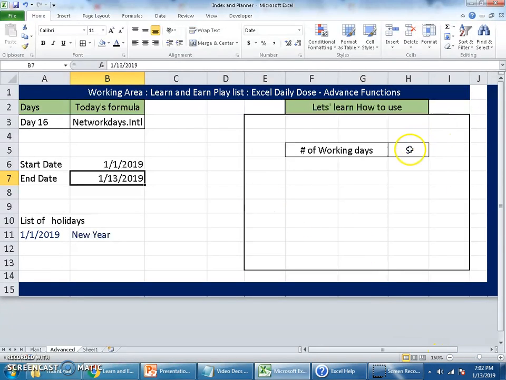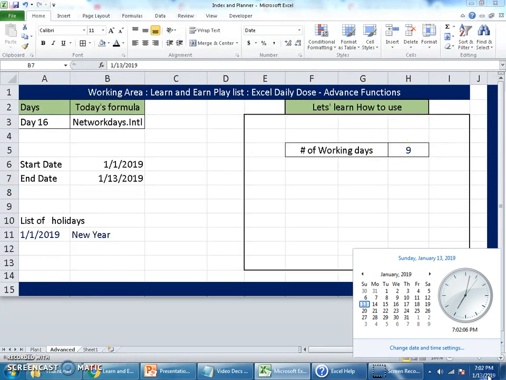Now I need to show it to you with the help of the calendar because we need to know whether it is right or not. 9 days. Now the first is a holiday because I have given it in the list of holidays, so let's not count it. Go down counting from the second. 1, 2, 3, 4. Saturday is counted because it is a working day. Sunday, Monday not counted, week offs. Then continue counting: 5, 6, 7, 8, 9. The 12th is also counted because it was a Saturday. Today is the 13th, which is a holiday because it is Sunday, a week off, so it will not be counted. So there are totally